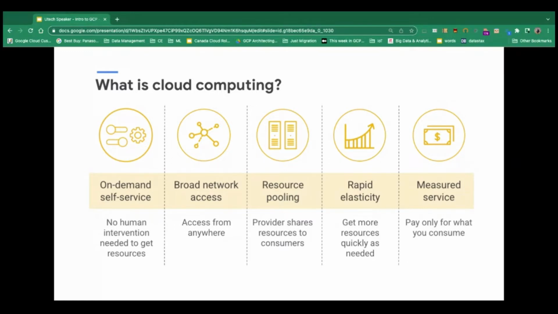The second pillar basically states that your cloud application or cloud service should be available anywhere and everywhere. So if you're running it in Canada, I should be able to access it from home, from work, from the USA, from Jamaica, right? As long as I can connect to the cloud network. No, there are some caveats to that, to be honest, and we're going to get into that when we